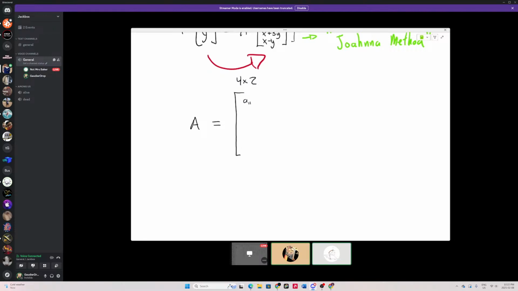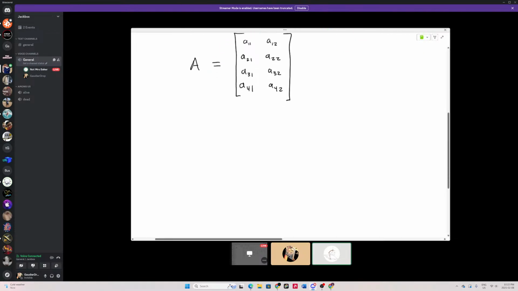We'll call this A11, A12, A13, A14. Nope, we're not going to call it that. We're going to call that A21, A22, A31, A32. Can you kind of see the pattern here? Yeah, I can see it. Okay. Now that we have this, we're going to set this equal to the transformed matrix,